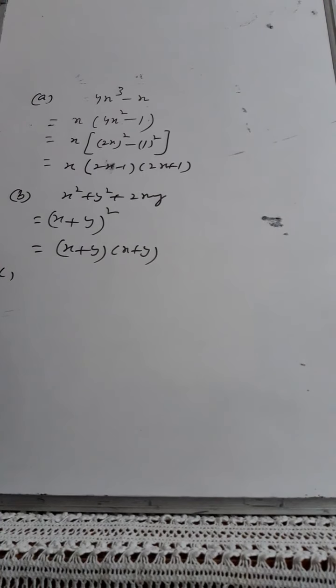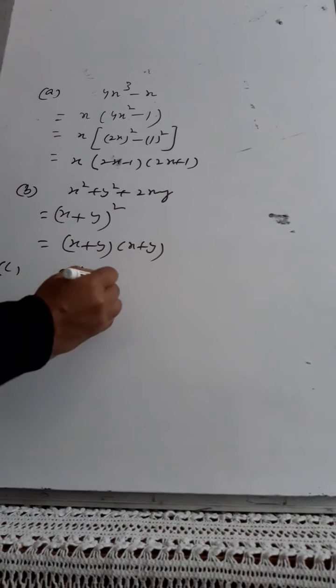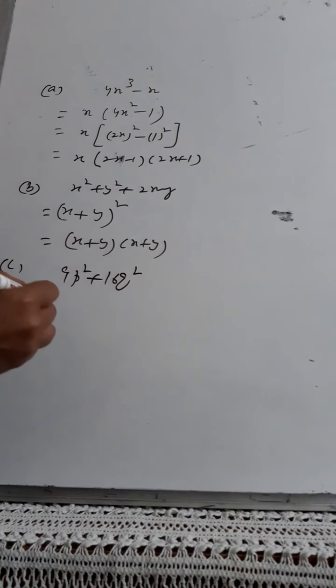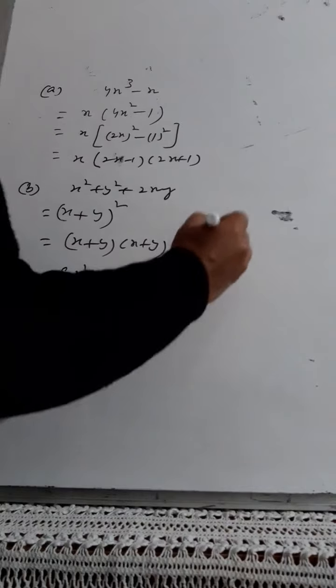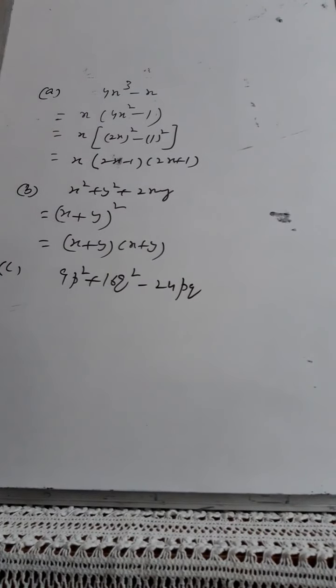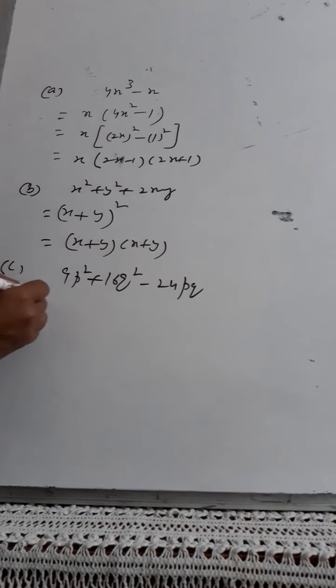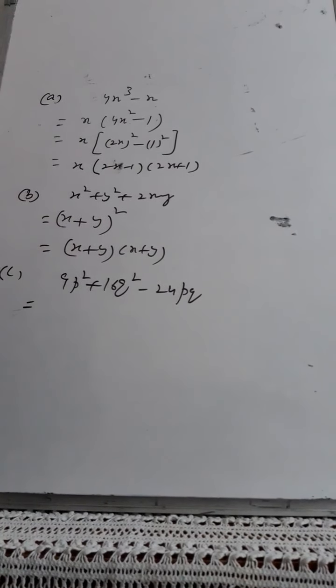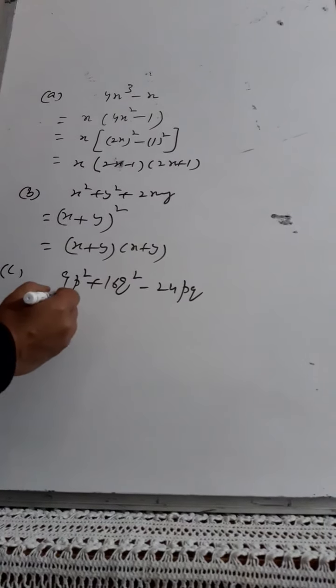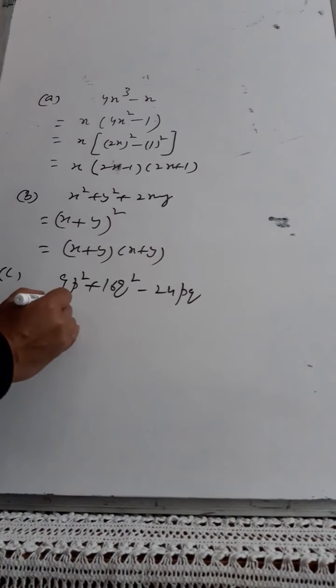And the third part was 9p square plus 16q square, and then it was minus 24pq. In the fourth question we did this, when I told you if there are two perfect squares; otherwise you can think about middle term splitting once again here. That is also possible. But as I told you, when there are two perfect squares, so what you can do